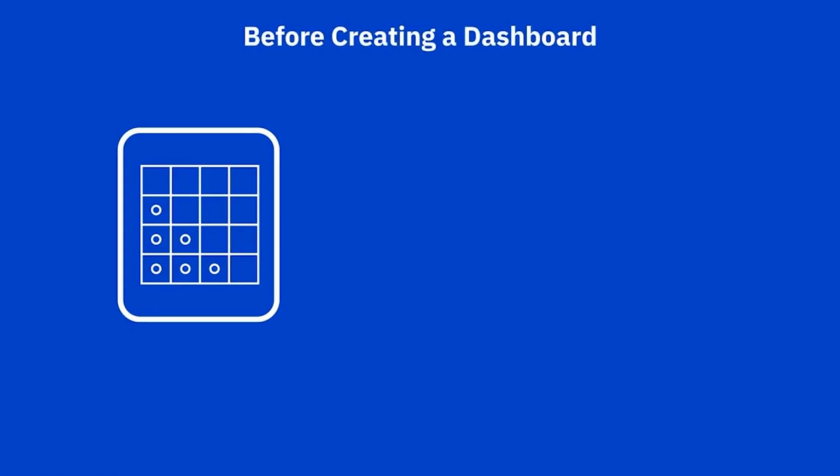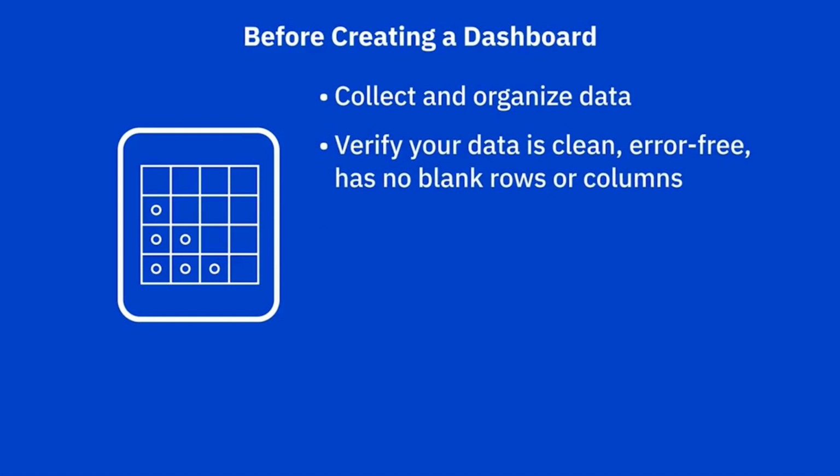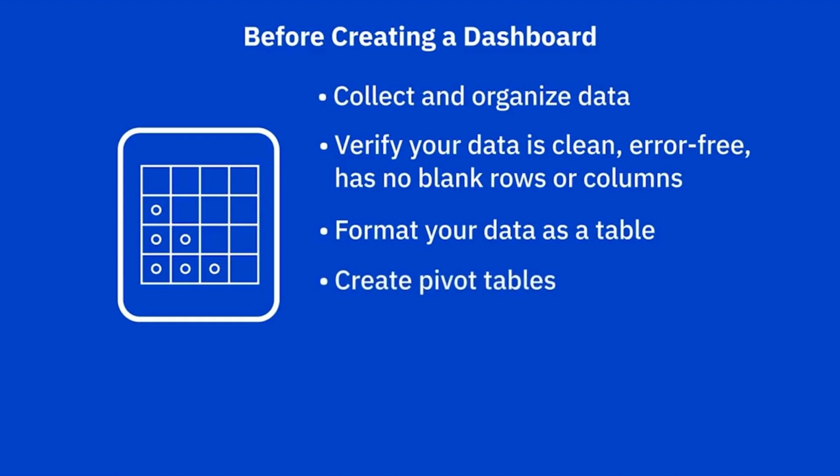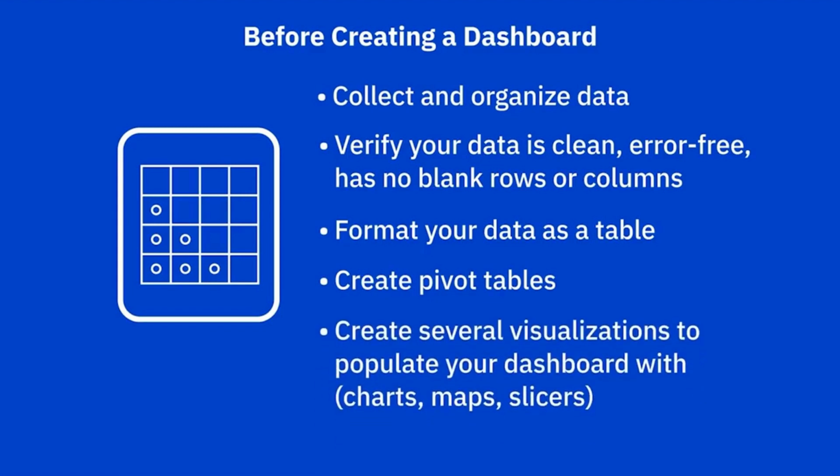Before creating our first dashboard, we would have first collected and organized the data, then verified that the data in our worksheet was clean, error-free, and did not contain any blank rows or columns. And then we would have formatted it as a table. Next, we would have created some pivot tables to help us analyze our data, and we would have performed some sorting and filtering on the data in our pivot tables to highlight the key aspects of our data analysis. Lastly, we would have created various data visualizations such as charts, maps, and slicers to help us tell a story